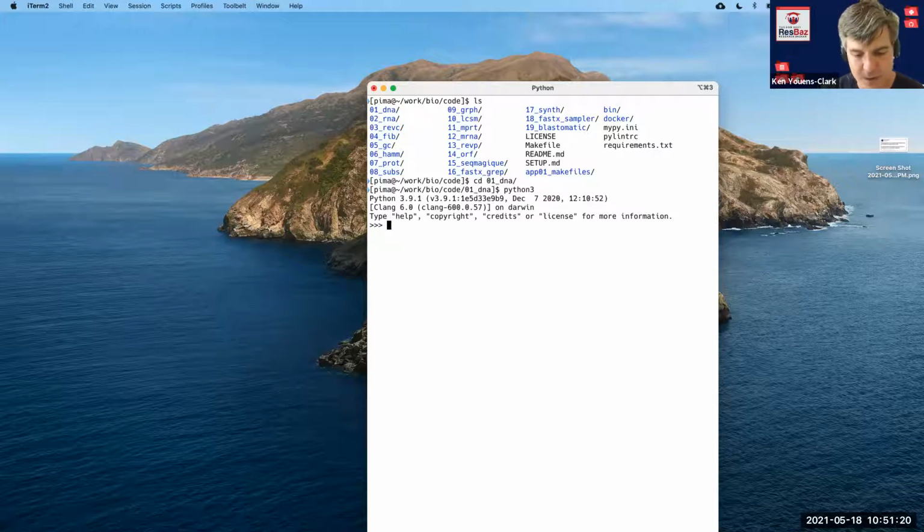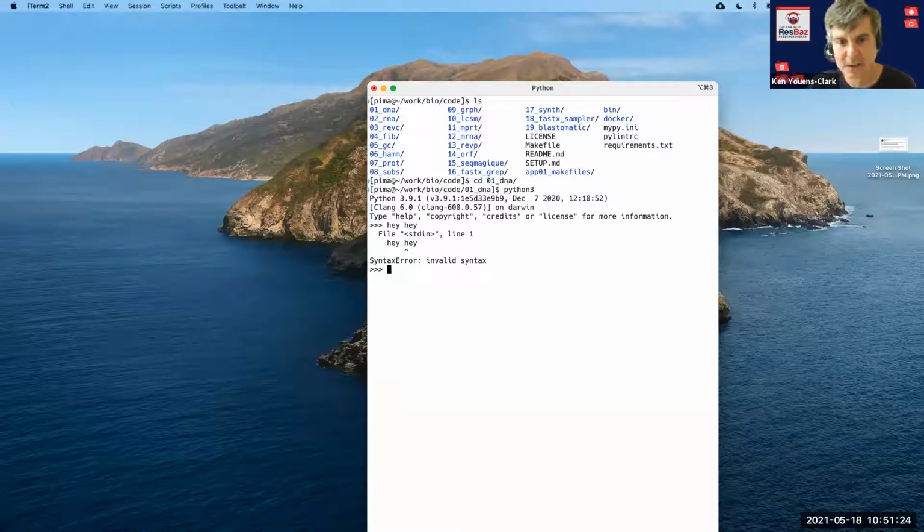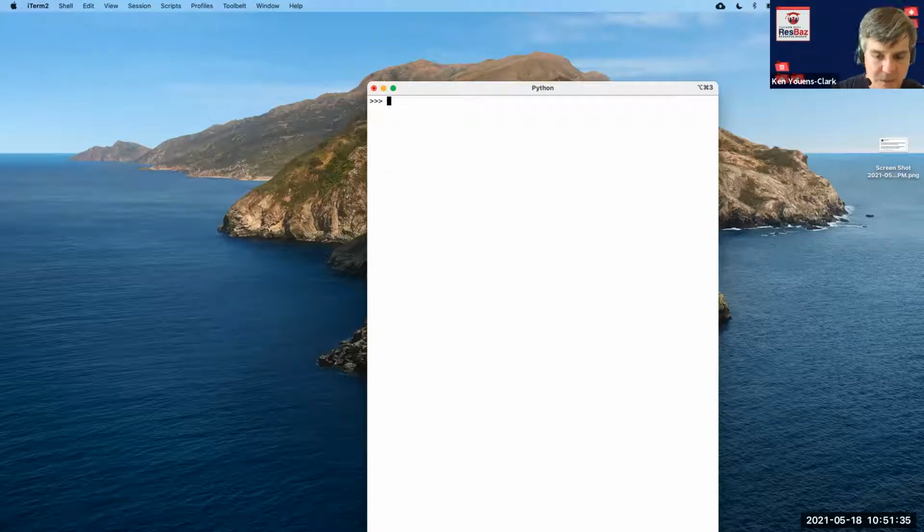And so, if you just put in text, obviously that's not valid Python. So at the moment that you hit enter, Python tries to parse it, and if it can't, then it just throws its hands up, and here's a syntax error. So with that, I'm creating something called seqs. And in Python, as with many other languages, a variable is created when you assign it a value. So I'm going to create the variable called seqs.